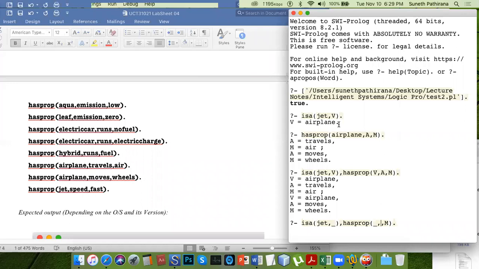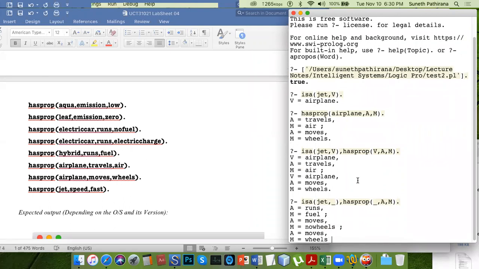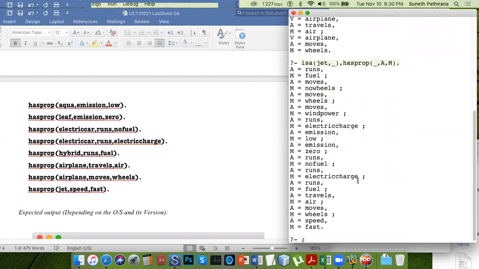I will keep that here, and at the next step I will remove that one as well. A runs, M fuel. So jet runs on fuel. That moves on moves no wheel. We have made a severe mistake here. So that tracks all the vehicle types. It's wrong here. Of course, we have to share the vehicle type.